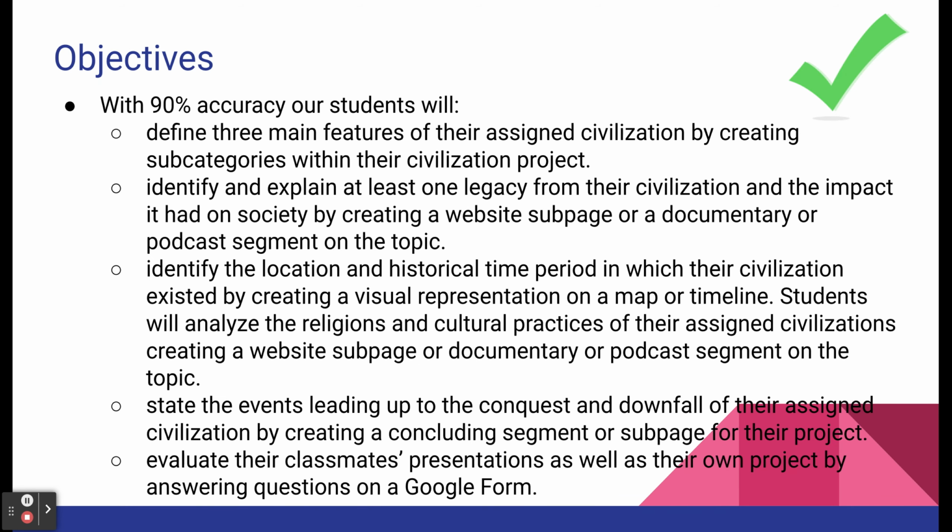Our objectives for the project will ask students to complete a couple of tasks with 90% accuracy. They will define 3 main features of their assigned civilization. They'll identify and explain a lasting legacy of their civilization. They will be able to identify the location and the historical time period in which their civilization existed. They'll state events leading up to the conquest and ultimate downfall of the civilization they've chosen, and they will evaluate